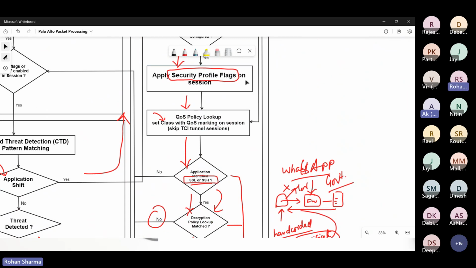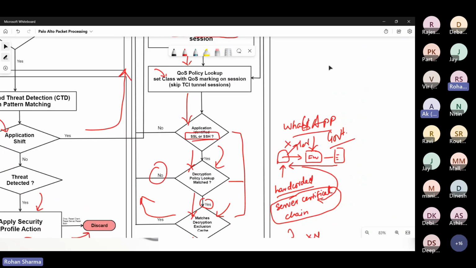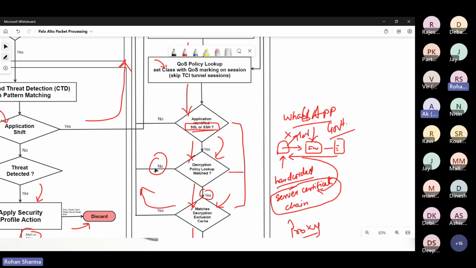Security profile flags on session. Let's say you have configured the security profile, right? And your application is identified as SSL or SSH. This is encrypted traffic, and if you don't have any decryption in place, it will right away go to the